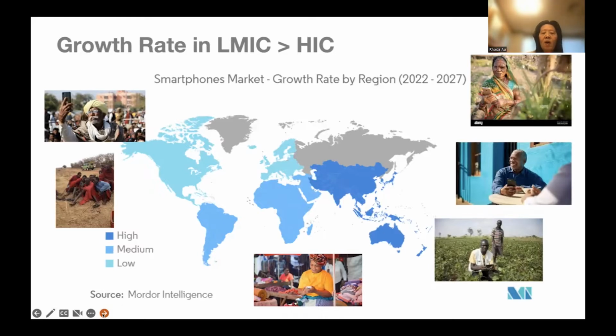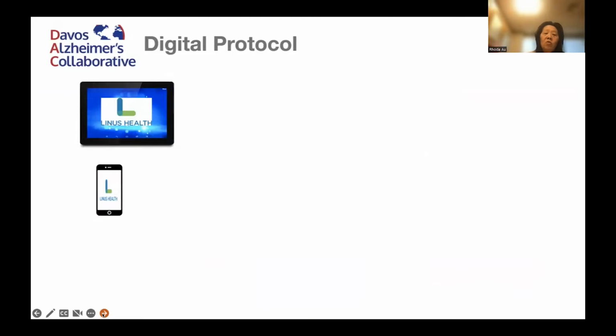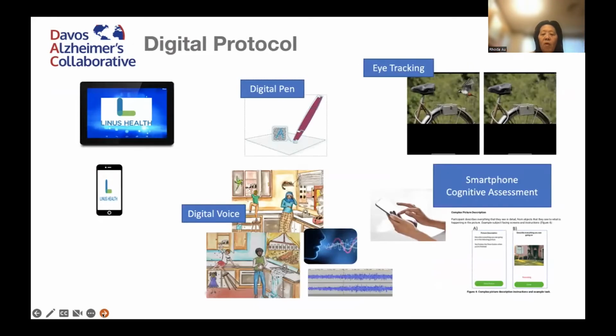So I think this is basically a computer in every person's hand that we now need to leverage much more extensively as we're trying to move forward this digital reality. I wanted to introduce you to some work that we're doing through the Davos Alzheimer's Collaborative, through the Global Cohort Development Program, where we took these principles of digital technologies on mobile devices, both in a tablet and in a smartphone. We introduced a protocol that resembles a lot of what we've been doing at the Framingham Heart Study and also at the BU Alzheimer's Disease Research Center. But we're able to now take these technologies, push them into devices, and push them across the world.